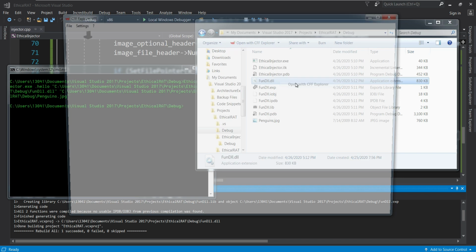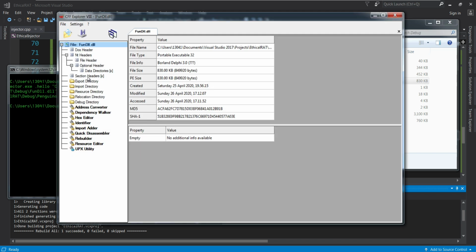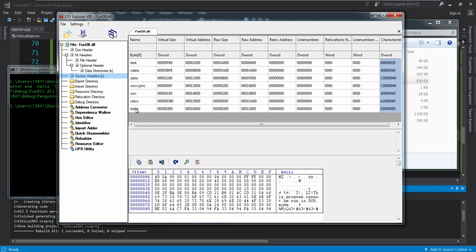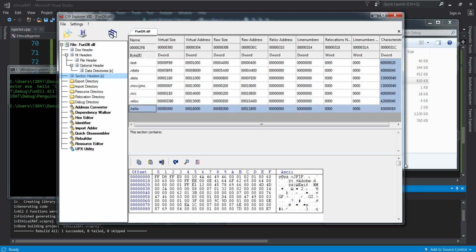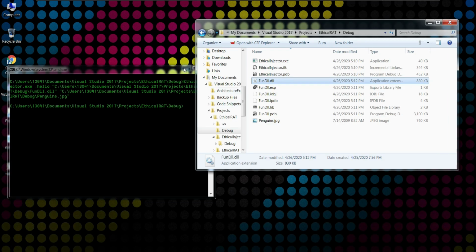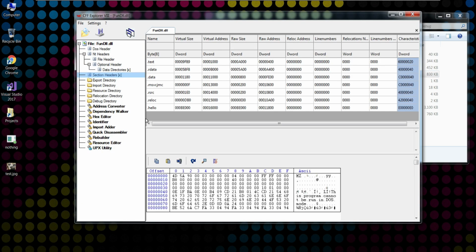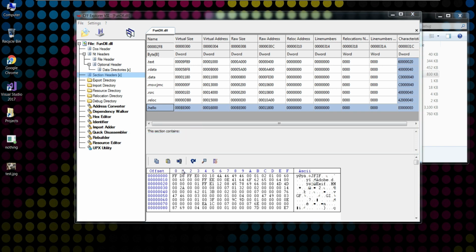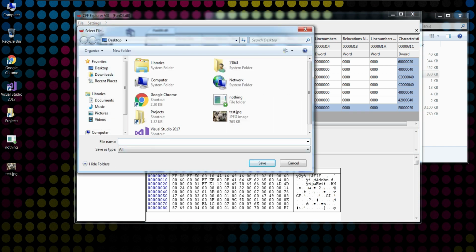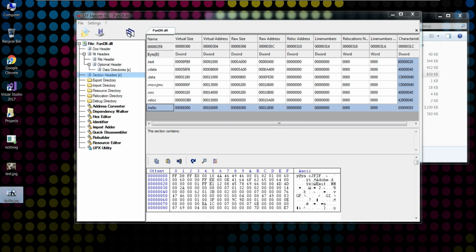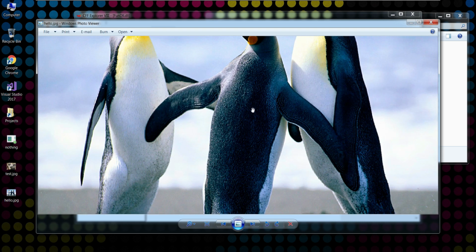We're going to right click the CFF Explorer. We see that it's increased successfully. We go to section headers. We're going to see now that there is the hello, and we also see here that the file has been successfully added, the penguins file. Okay, so just to make sure that that's the same image file, we're going to open this with PE Explorer again. We're going to go here and dump this section on the desktop. I'm just going to write hello.jpg, and as you can see, I successfully outputted the file from inside